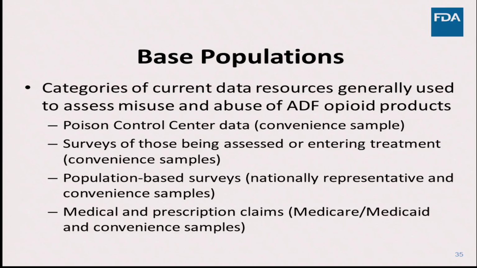And while we're thinking about these data resources and the characteristics that I'm going to describe, I want to emphasize that I'm viewing this today specifically from the lens of designing and implementing ADF opioid research. Many of these data resources are used for all sorts of other things, and as such would have a different challenge and different profile and have different uses. So these characteristics shouldn't be considered a blanket statement about these data resources in any field.